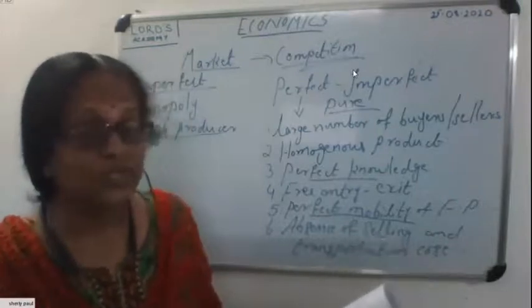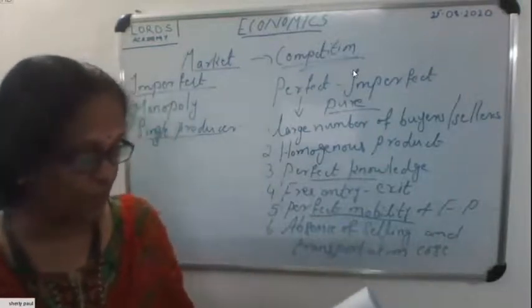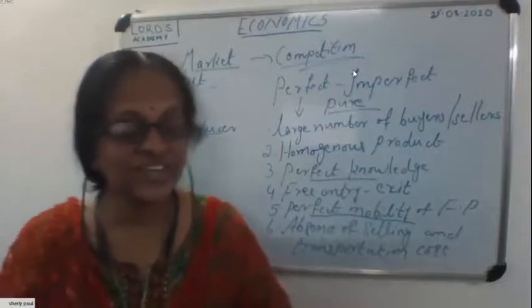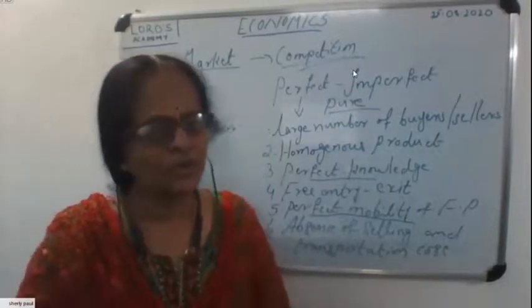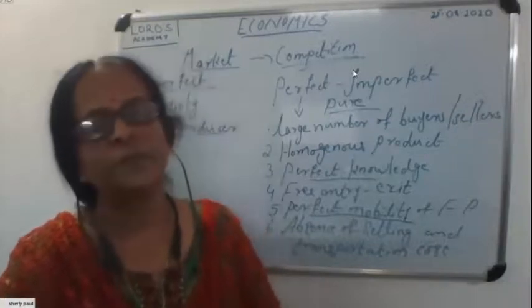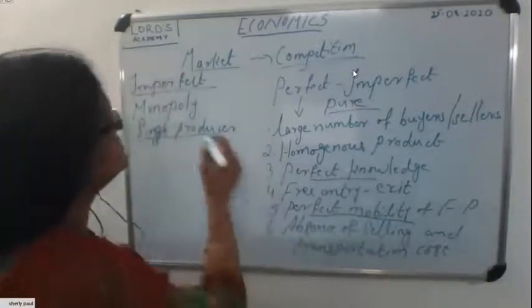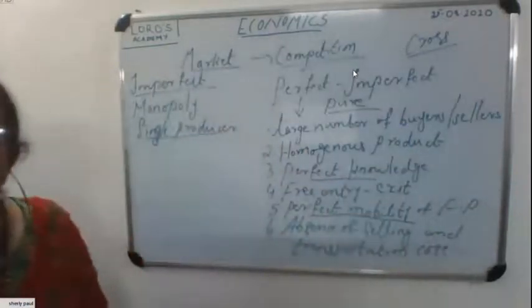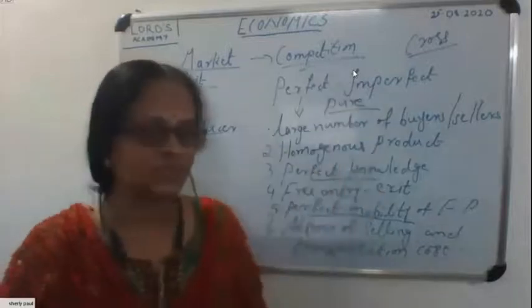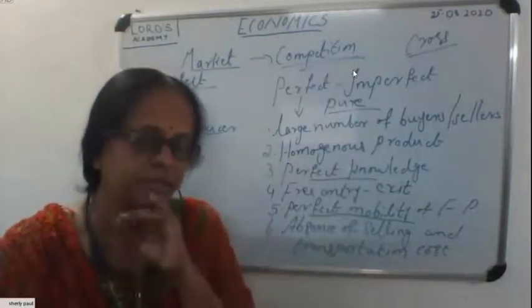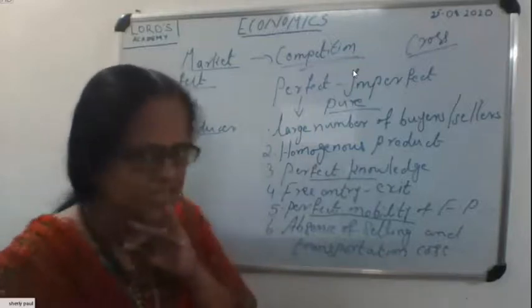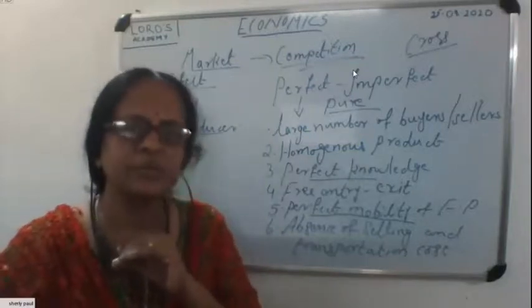Thus, cross elasticity of demand for the commodity is almost zero. Remember what you mean by cross elasticity? We studied cross elasticity, which can be positive, negative, or zero. Then income elasticity, price elasticity, and cross elasticity, three types of elasticity we studied.